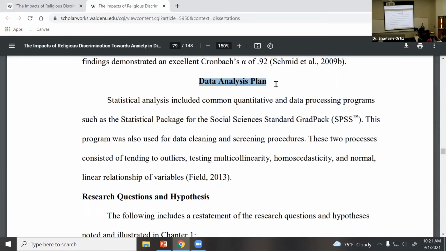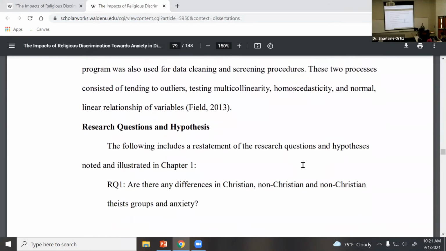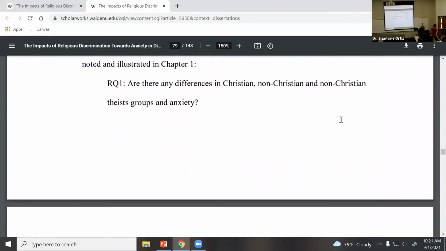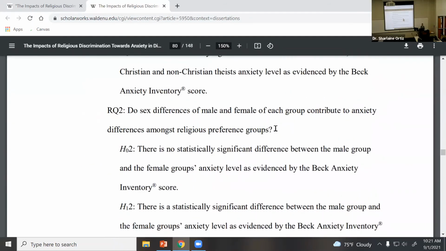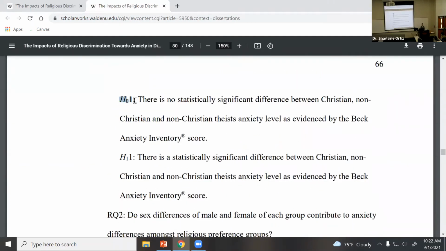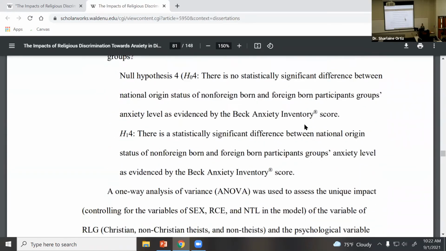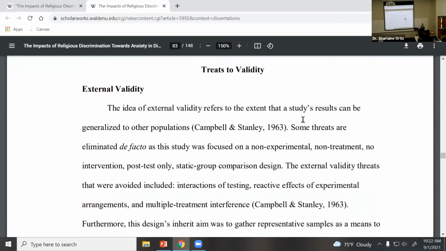How is it that I decided I was going to conduct the data analysis? For example, any software that I decided to use. And what were the research questions? And broken down, what were my hypotheses? So if you remember, H subscript 0 is no difference, no statistically significant difference. And H1 means alternate hypothesis. Any questions about the method section?